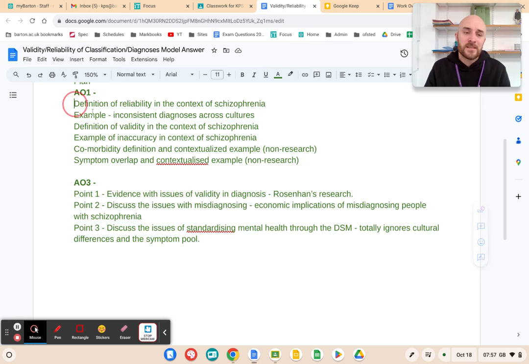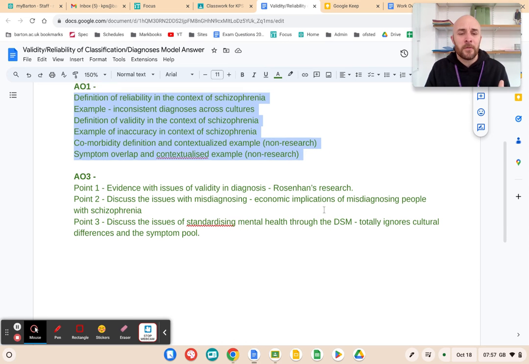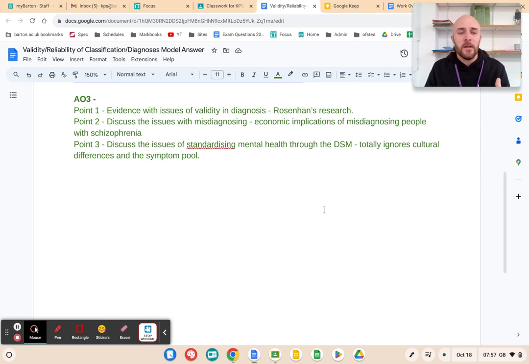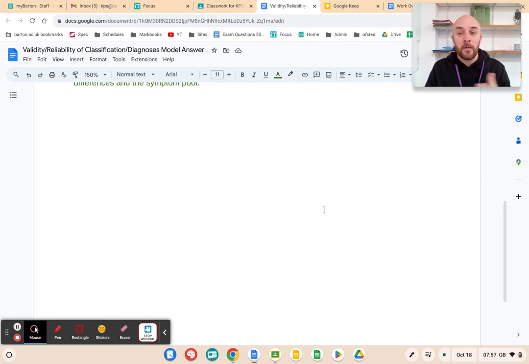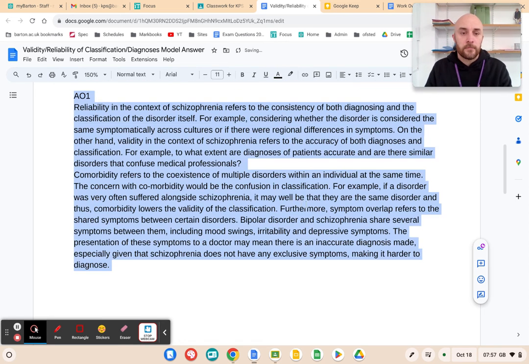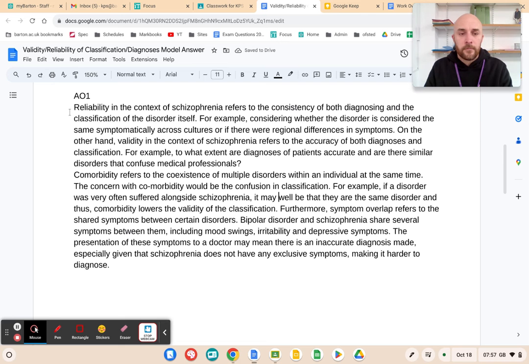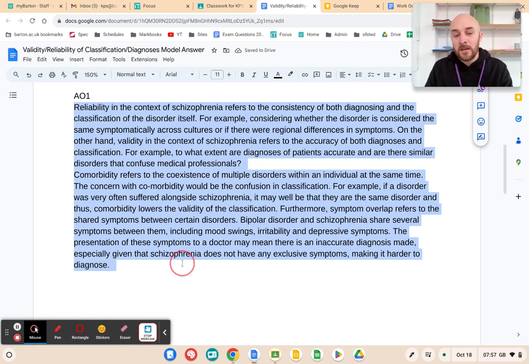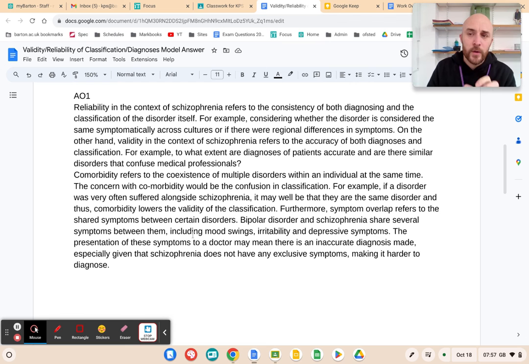I've written this down in AO1 form. I will read it out. I'm not sure if that's a great way to spend the video, but here is the AO1 I have gone for. So here we go. I think that's enough detail for an AO1. And remember, in AO1, you're looking for 8 ticks, essentially, right? Eight separate things that you have said that contribute towards the AO1.